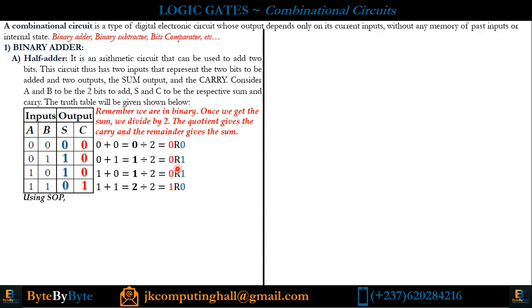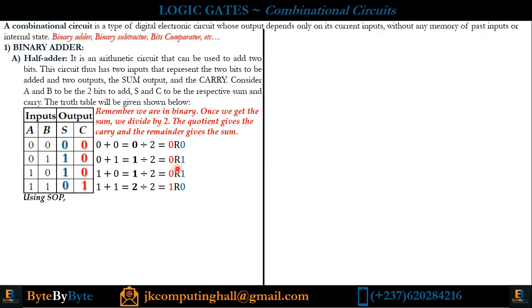Now, using SOP, sum of product, can somebody guess what is going to be the expression of S and C in terms of the inputs A and B? You can pause the video and try to write it somewhere. Then come and continue the video to see whether you actually understood the concept of sum of product. And in case you did not understand, make sure you indicate in the comment section so that we can chat on WhatsApp for me to properly explain it to you.